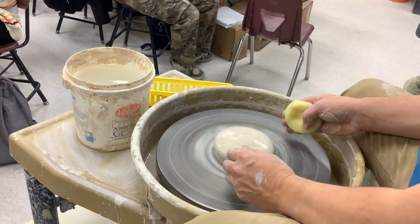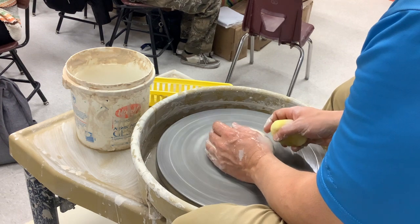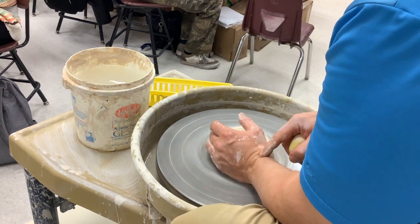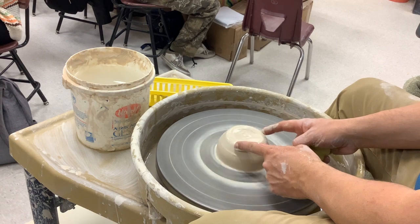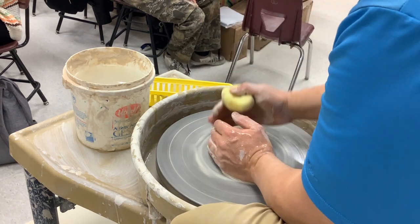So let's look at what that looks like. So coning is I'm pushing with my left hand at 7. I'm pushing hard, and you can see that the clay starts to move up a little bit. Okay, so I need to bring that up into a cone. My left hand